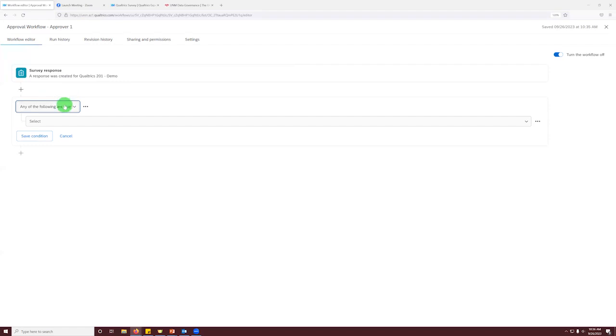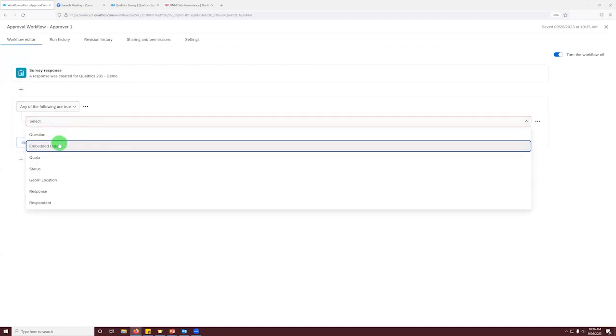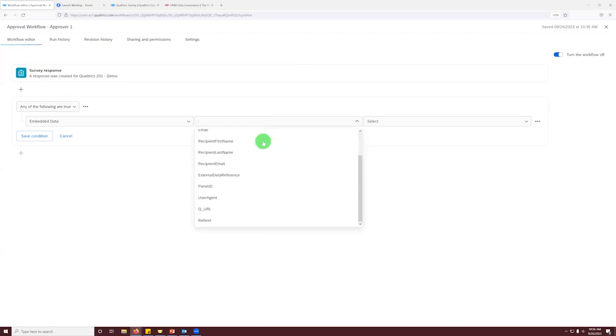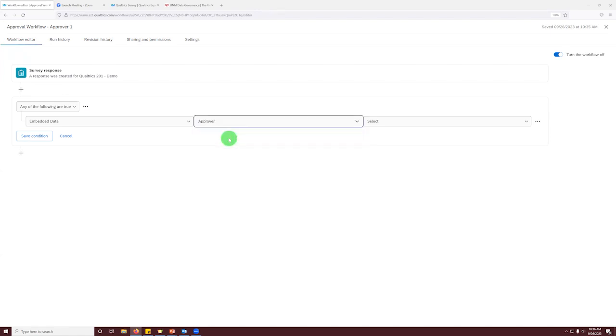circumstances are set up. So in this case, we're going to be making sure that this fires when a certain embedded data condition is met, and we'll be selecting. So here's all of our embedded data fields. Some of these are automatic. Some of these are the 3 that we set up. In this case, we'll be using the approver, and we'll be using a value to sort of move our survey